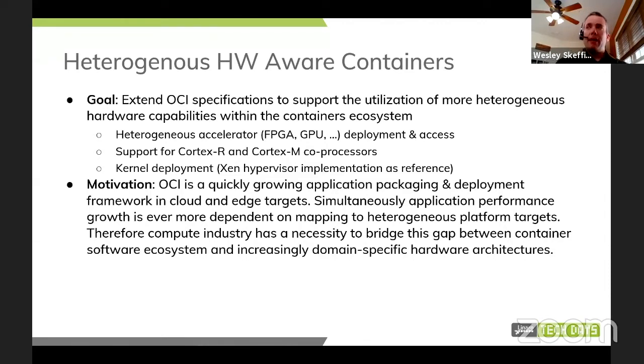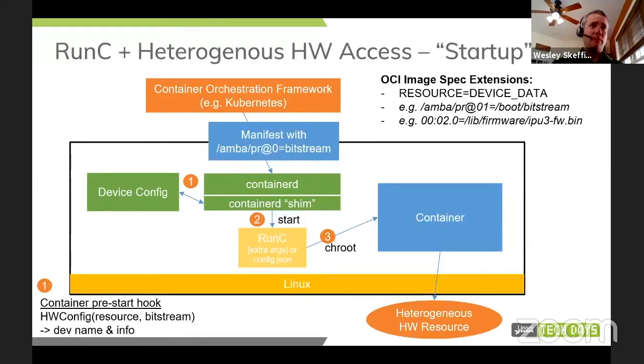Simultaneously, our application performance growth is really ever more dependent on heterogeneous platform targets, whether those be things that we call domain-specific hardware architectures, et cetera. But we have really a big motivation as a broader compute industry and software industry to really bridge this gap between the container software ecosystem and these increasingly domain-specific hardware architectures. So that's really what we're trying to work towards.